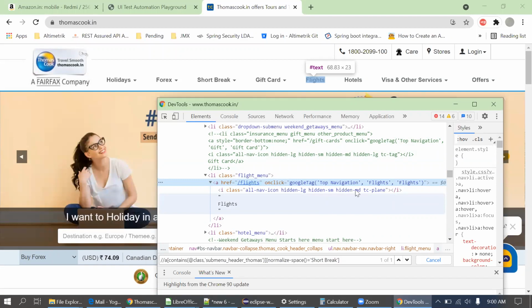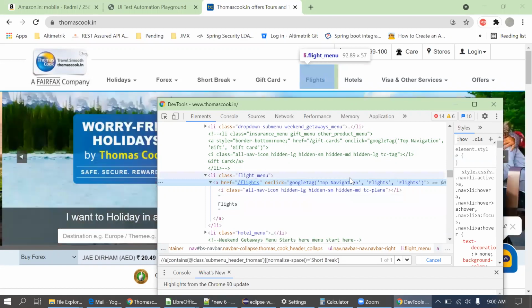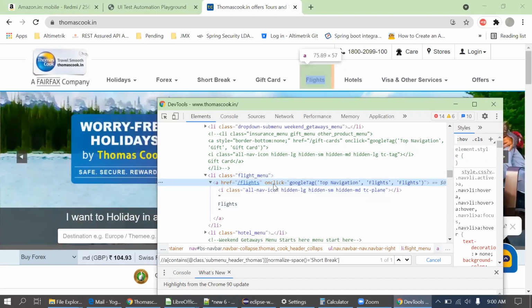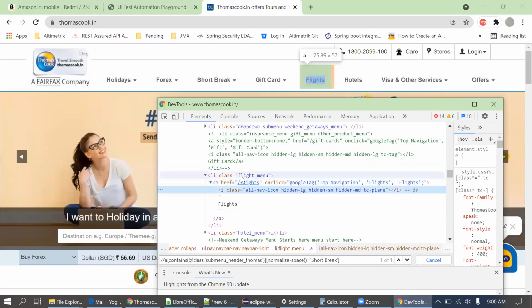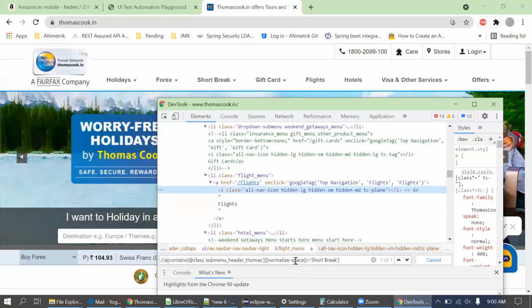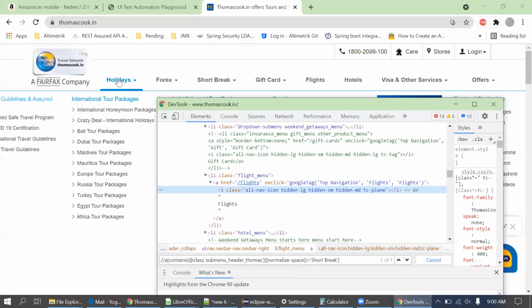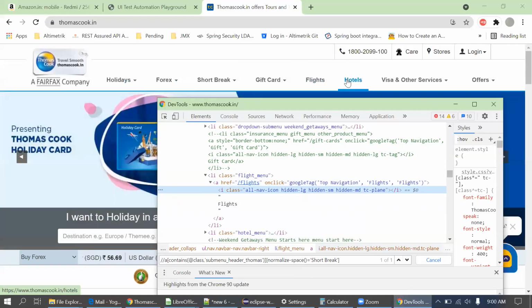So the class name is flight-menu. Instead of here, there is LI with no class name. Before the A reference tag, LI class equal to flight-menu. This one you're talking about? Before the A reference tag, sir. Okay, this one. Yes, I got that. But we have to again change this to XPath, right? Totally, yes, sir. Of course, we have to keep this XPath separate. Then we have to create one method for the menus with the same structure, and use another method to click on these two. That's why we have to differentiate, because it has a different structure.